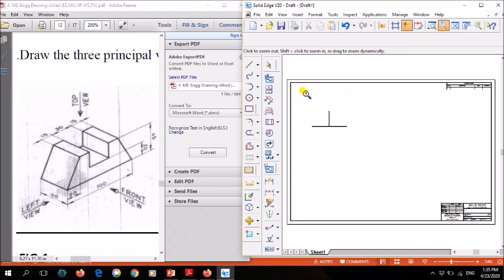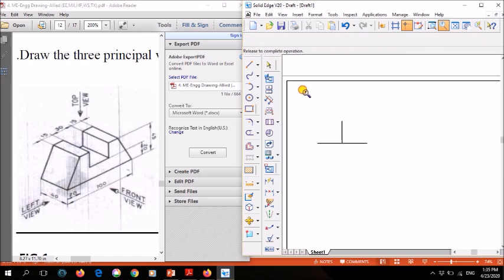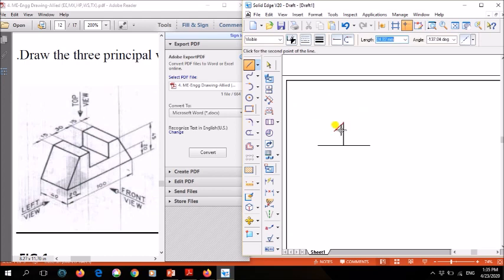I'll just zoom it a little bit. Now we have drawn a height of 45. Now it is at the center here, so from here I have drawn a line at the center. Now what is this width? This width they have given as 30 mm. I am at the center, so that means 15 mm this side, 15 mm this side. On the right side take 15 mm. In the same way, from here on the left side take 15 mm. Clear? Now in total I got 30 mm.